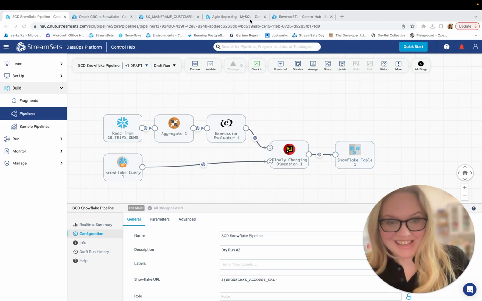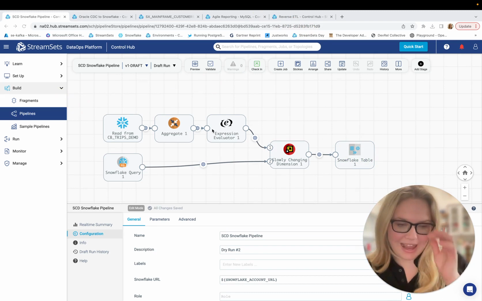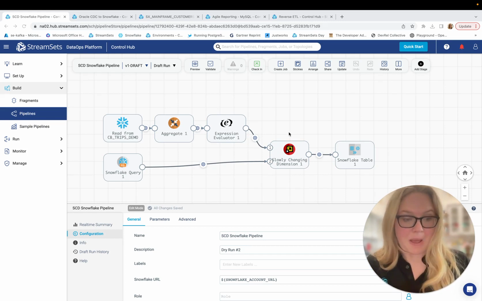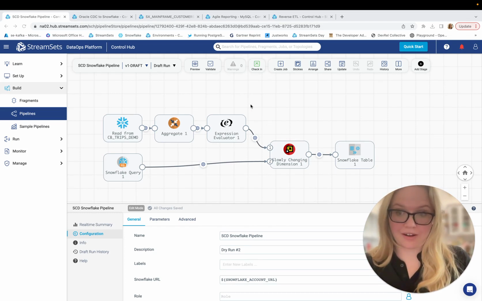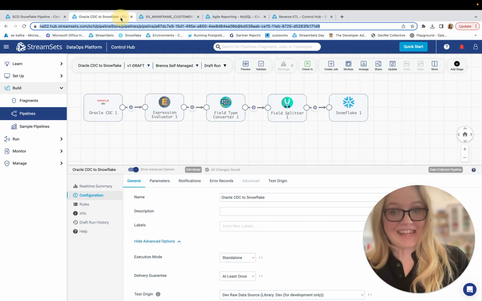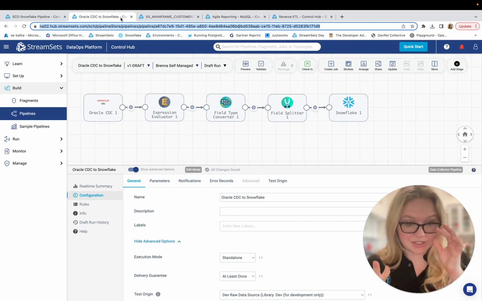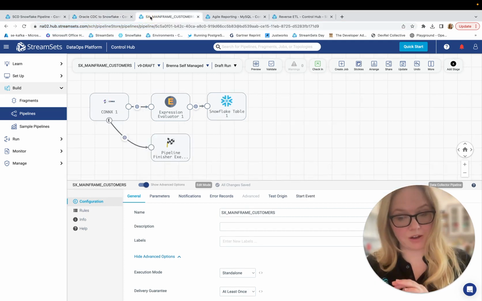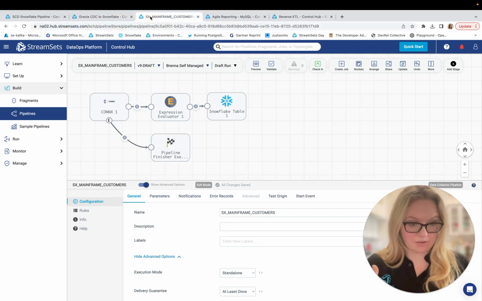So this pipeline that we're looking at is taking data from Snowflake, doing some stuff to it, and sending it back into Snowflake. It's using our Transformer for Snowflake engine. But you'll notice that the layout and the design of this pattern looks very similar to this pipeline, which is using our Data Collector engine and an Oracle origin using CDC to send the data into Snowflake, which in turn looks very similar to this pattern where we're connecting to a mainframe using our Connex connector and sending the data